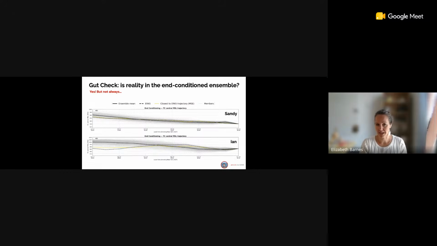So here's an example of Sandy. The ERA5 is in the dashed line. The gray lines are all those different 1,000 members that we simulated with SeaBottle Video. And the yellow is the closest trajectory to what actually occurred to Sandy. And we can see here with Sandy that there is in fact a member that looks quite a bit like reality. On the other hand, when you look at Hurricane Ian, we see that ERA5, especially a few days before, falls outside of that envelope of what we simulated with SeaBottle Video, suggesting that there may be some errors and biases here in the model.